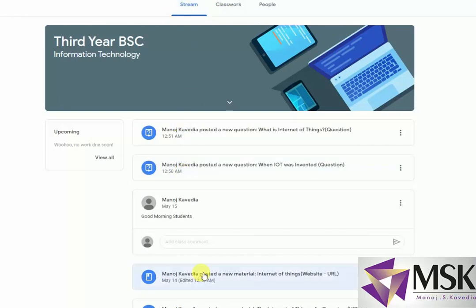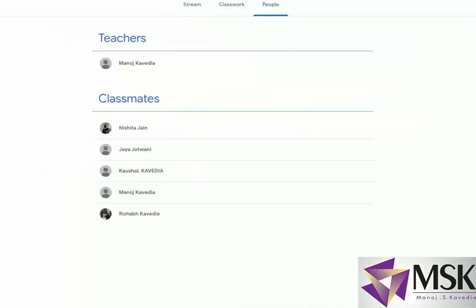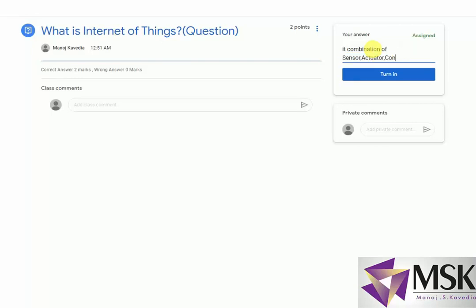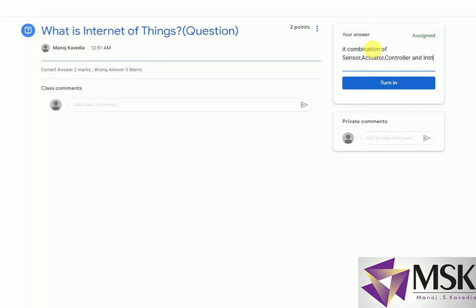Now let's go to another student. Let's go to stream. And what is Internet of Things? He says it's a combination of sensor, actuator, controller and internet. So let's say the second student is giving this answer.